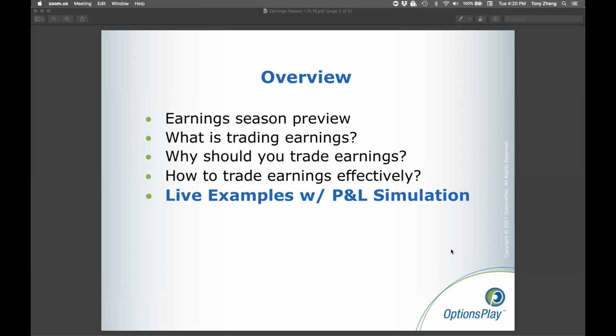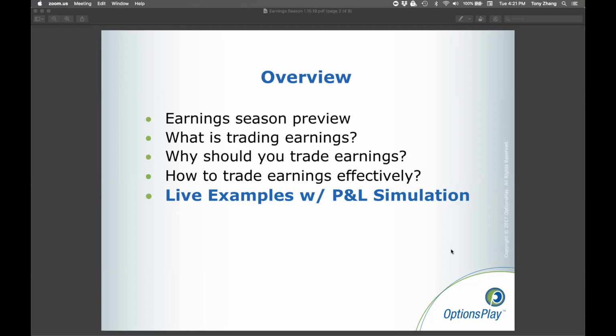And the key word here is limited risk, because there's lots of different ways that you can trade earnings, but specifically with options, it allows you to take that directional view so that you can bet on if the stock's going to beat or miss on earnings, but also at the same time make sure that you limit your risk, because these are high risk events. Stocks can move quite a bit on earnings if they beat or miss on earnings. You want to make sure that you are on the right side of that trade, but at the end of the day, you can't guarantee that. So if you do find yourself on the wrong side of that trade, you predicted whether a stock's going to beat or miss incorrectly, you want to make sure that you have limited risk.